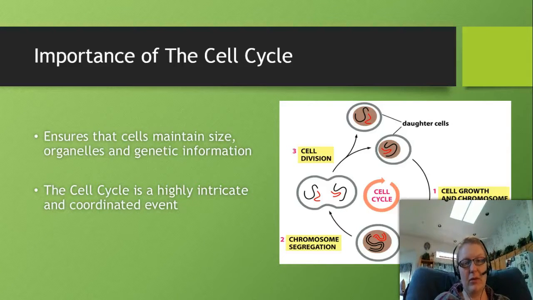It's also really important that the cells undergo the cell cycle because it ensures that cells maintain their size, the number of organelles present, and their genetic information. And so that's another aspect of why it needs to happen. So we have why it's so coordinated, but why it has to happen as well, because this keeps the cells balanced. And then in a multicellular organism, it's really important that we have the same number of cells all the time so that we replace the cells that are undergoing apoptosis, which we'll talk about in topic number 3.